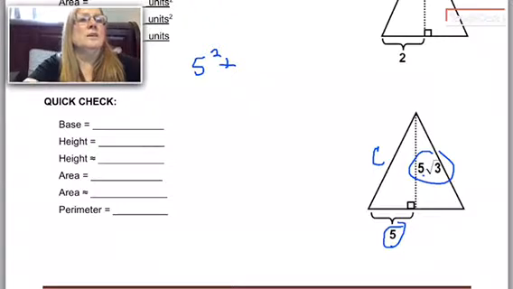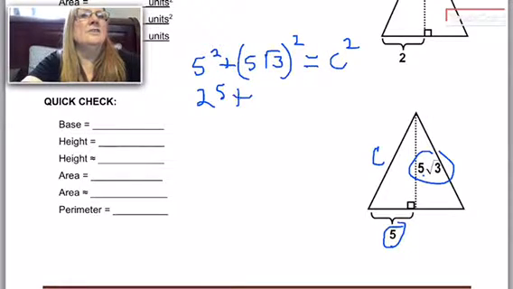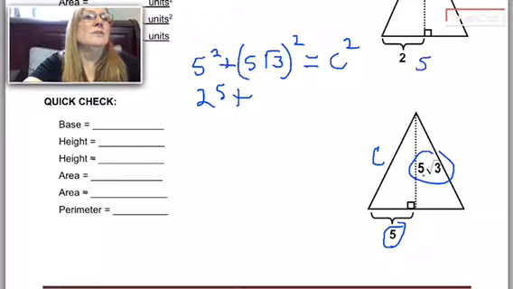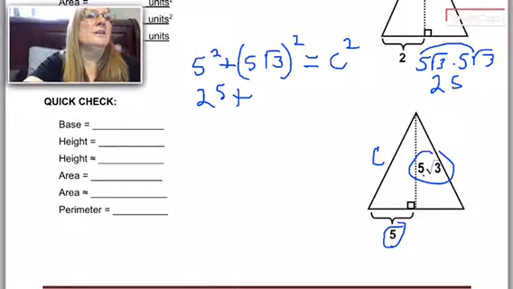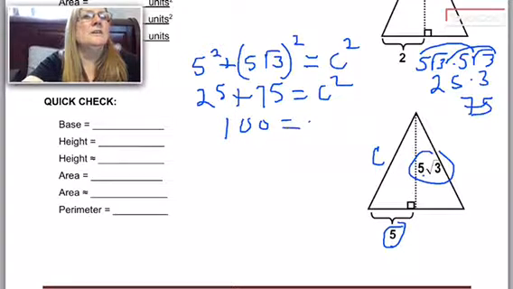5 squared plus 5 square root of 3 squared equals c squared. So this is going to be 25. Now you can use your calculator for that, or let's do it here. 5 square root of 3 times 5 square root of 3. That's going to be 5 times 5 is 25. The square root of 3 times the square root of 3 is 3, and 25 times 3 is 75. Okay, and so you get 100 is equal to c squared,